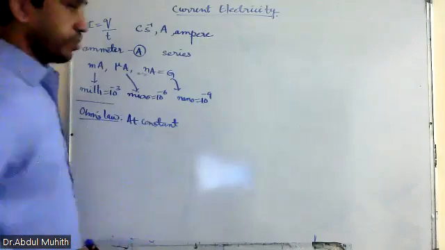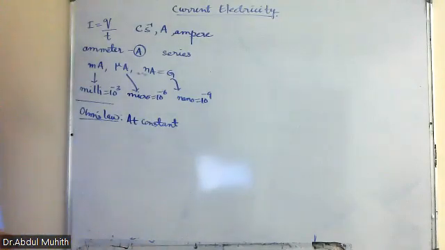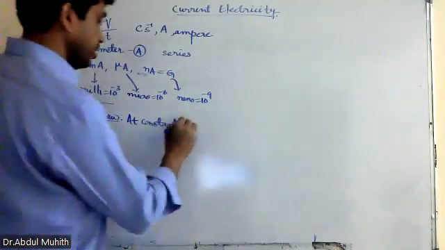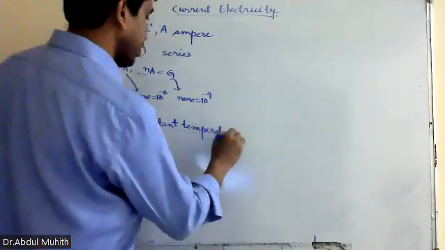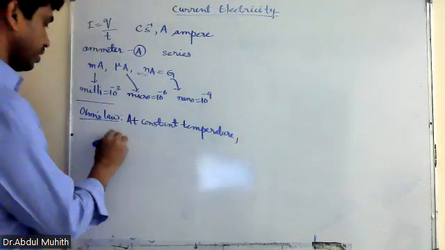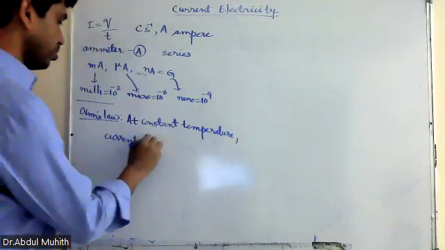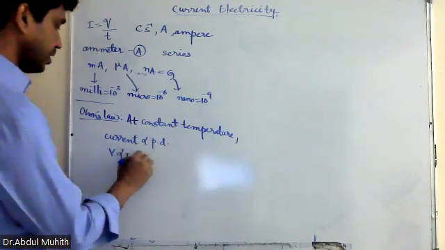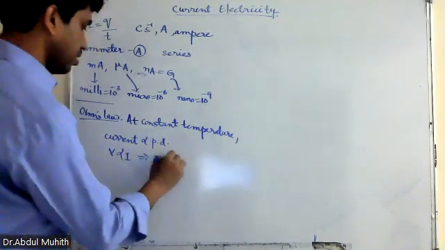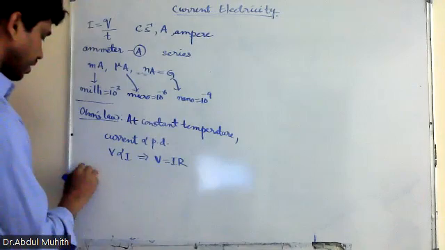This law was proposed by George Simon Ohm. He says that at constant temperature, current is directly proportional to the potential difference applied. So V is proportional to I, which implies V is equal to IR. What is R here? R is